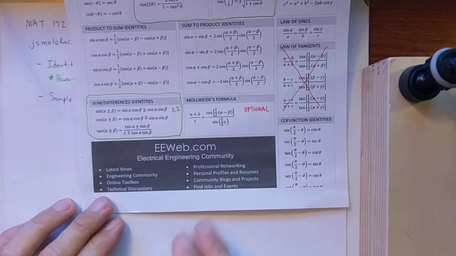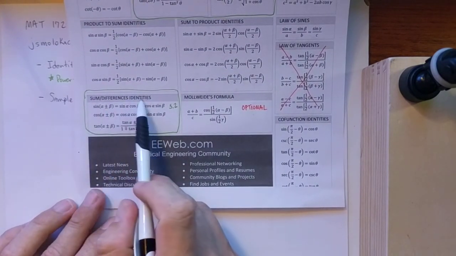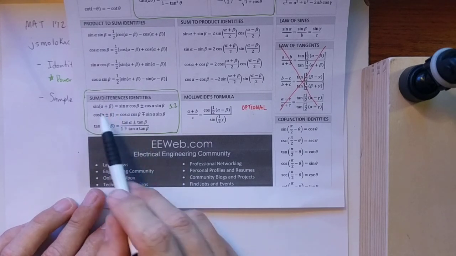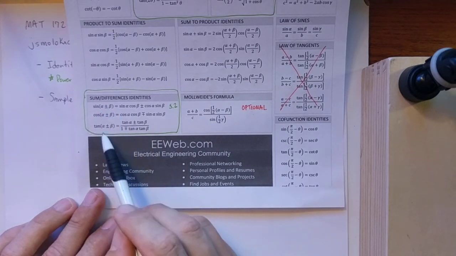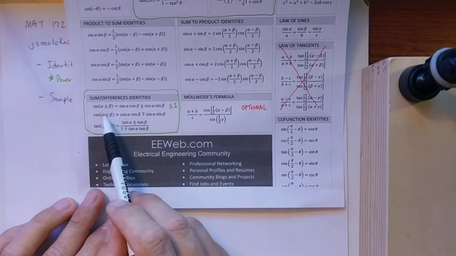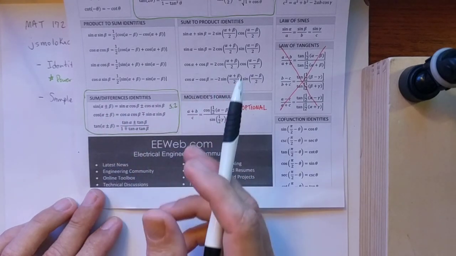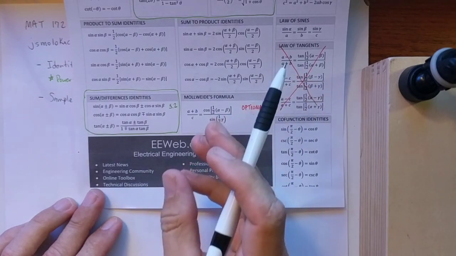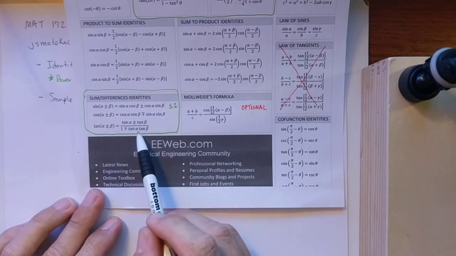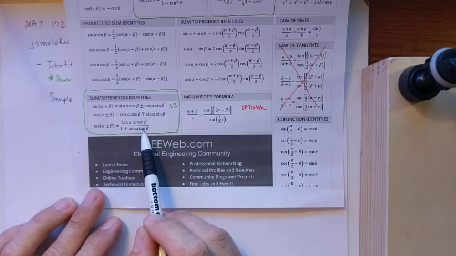So for this week in 5.2, we're going to be using the sum and difference identities. So this is what happens when you have two angles added together and you want to find the sine, cosine, or tangent of the sum of the two angles. You can also find the sine, cosine, or tangent of the difference of two angles when one angle is subtracted from another and you have a smaller angle. So these are formulas for that. They're very important formulas to remember, and